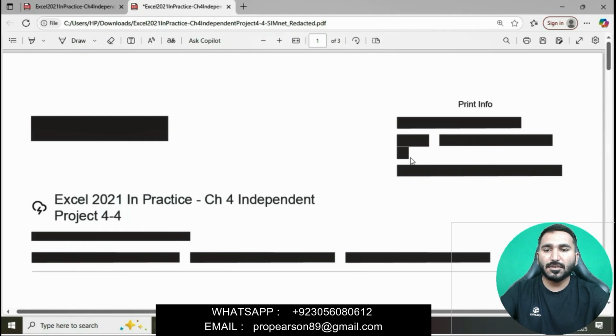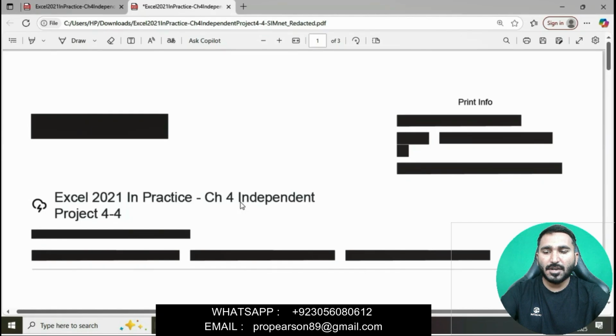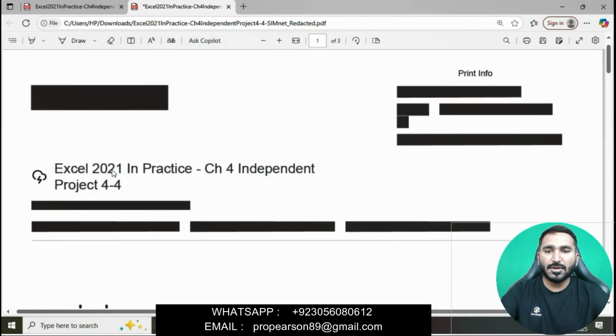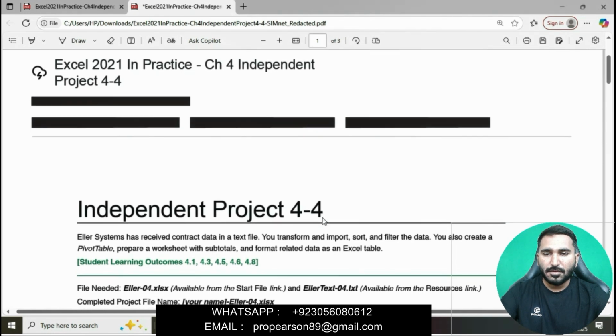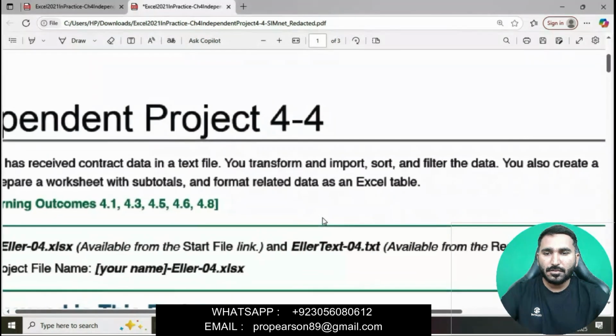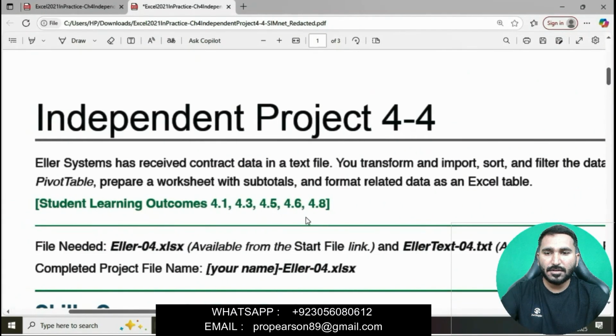Let's start our project and solve it step by step. The title of the project is Excel 2021 in practice chapter 4 independent project 4-2. Now you can read this. Zoom in and then I will read.